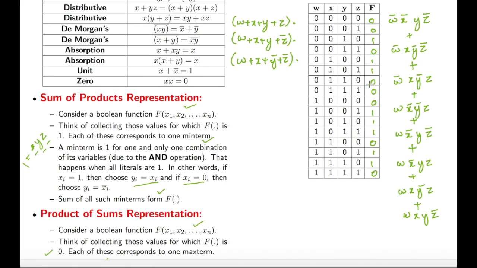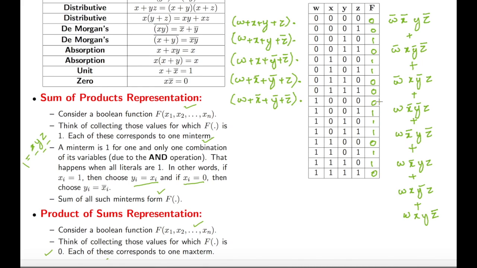Now we come here: w plus x bar plus y bar plus z, times w plus x bar plus y bar plus z bar, times